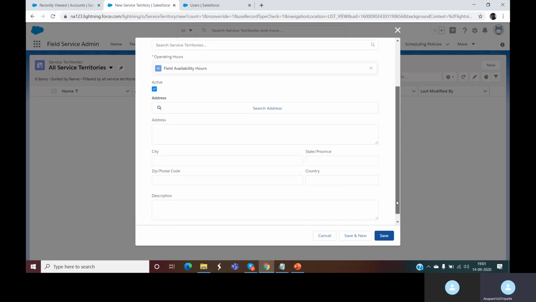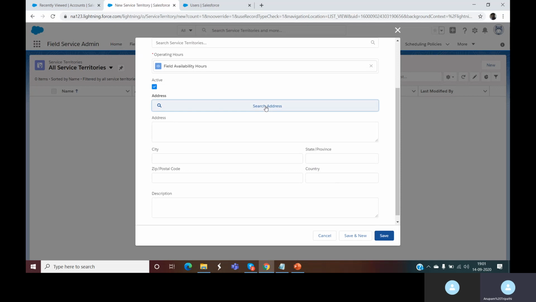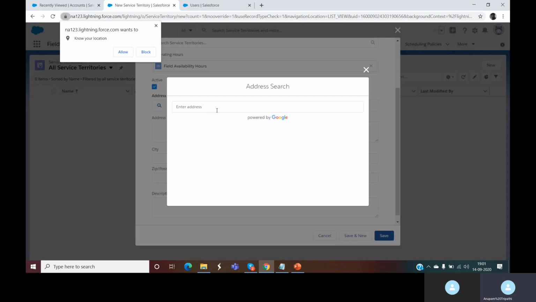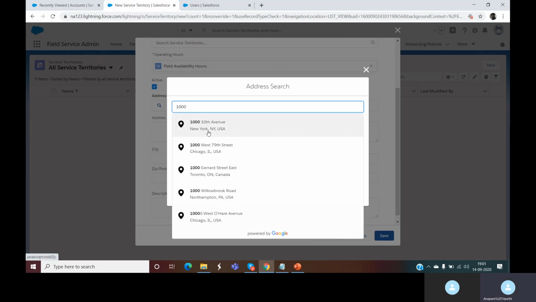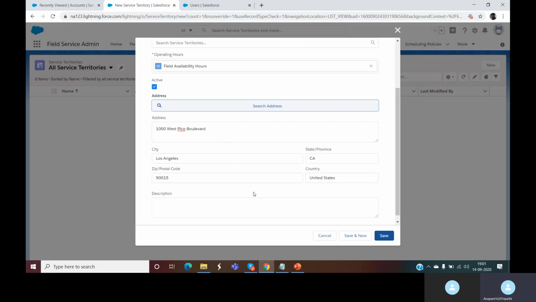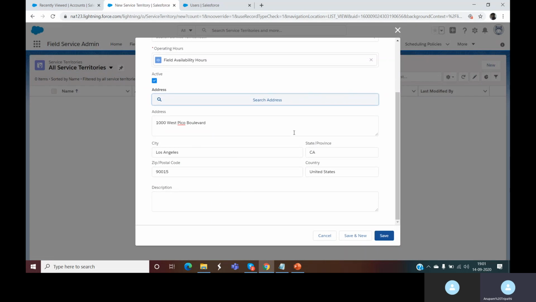I will add the address. Let me search for some address here. This address here. So I have added the address for this particular territory, a basic address.